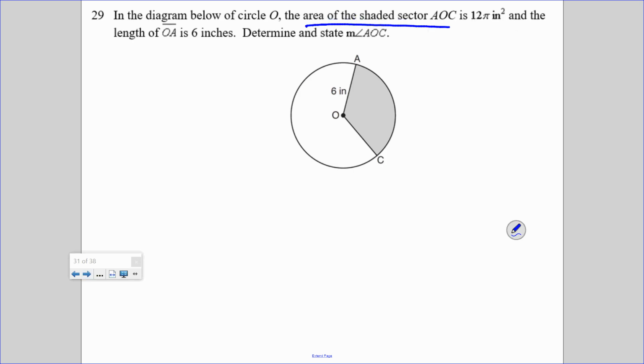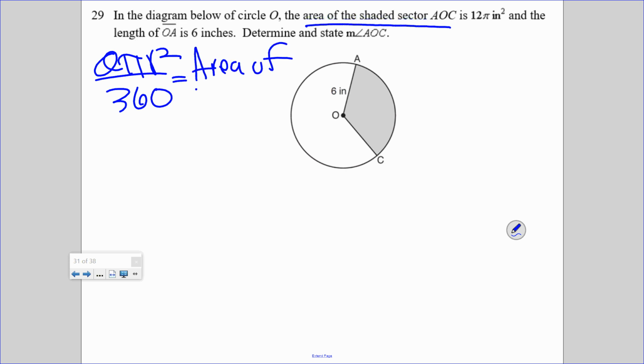Area of a shaded sector. My favorite song. Theta pi r squared over 360. Area of a sector. So, it's telling you the area is 12 pi. So it's 12 pi for the area of the sector. It's asking for angle AOC. That's theta. The radius, OA, is 6. That's the radius